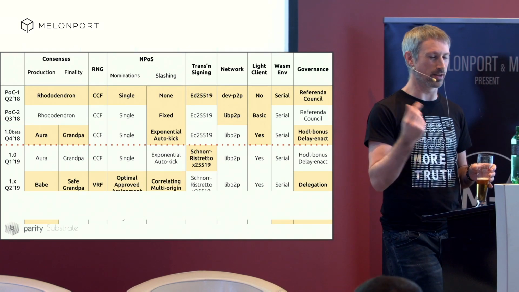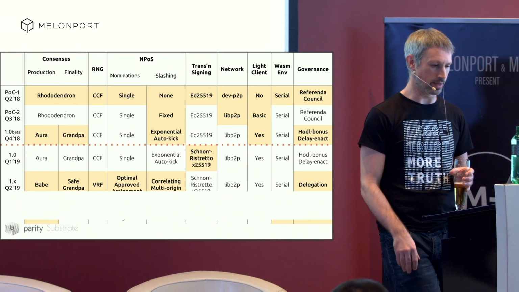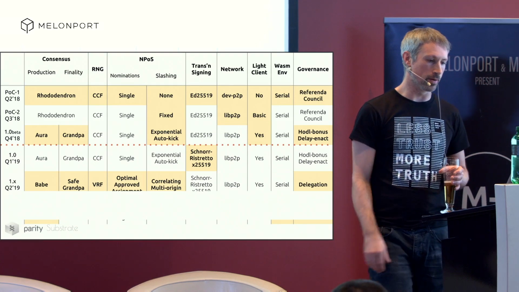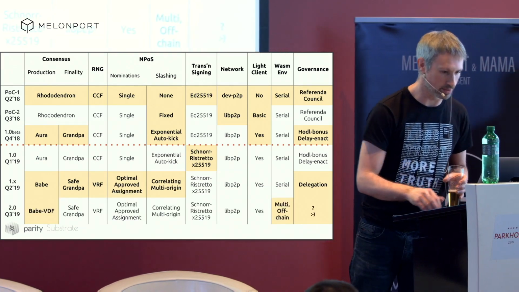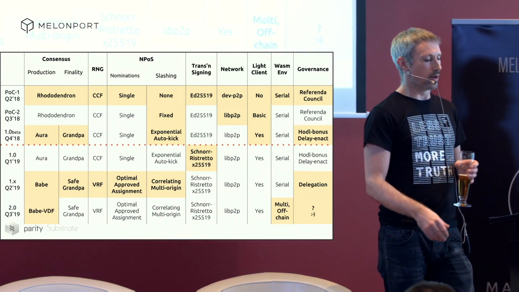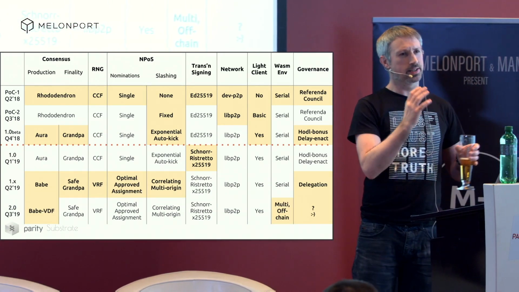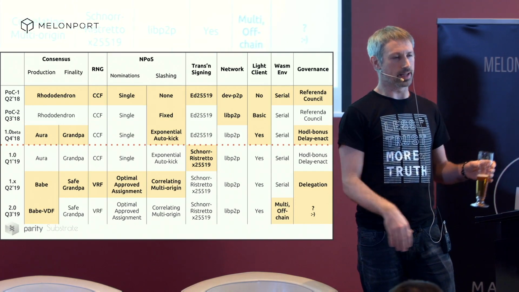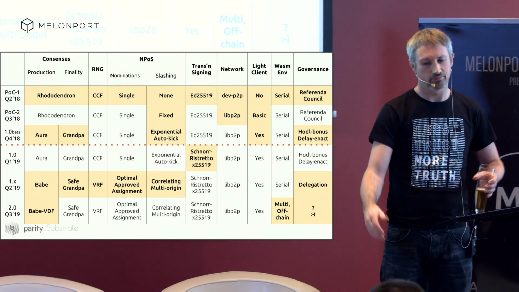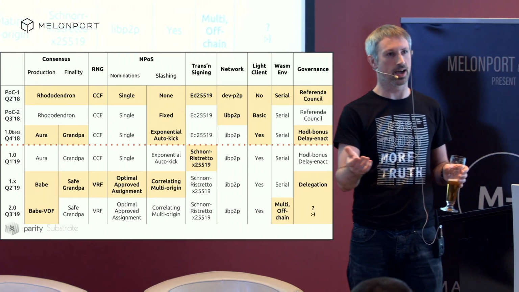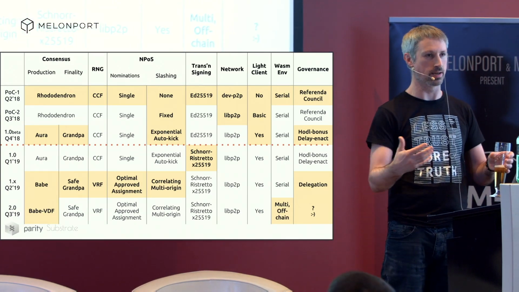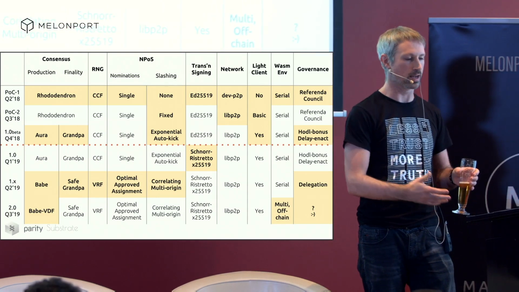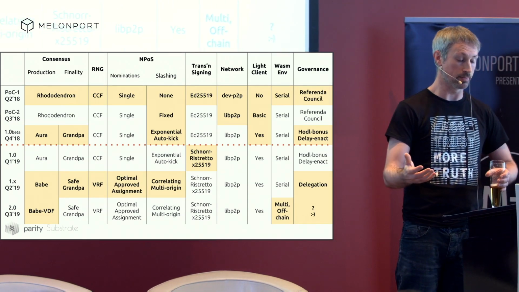That doesn't happen if you can only name one very easily. So instead, we've got this idea of approval voting, the approved bit of optimal approved assignment. What this means is you basically approve of a number of the validators, and maybe there's going to be 1,500 validators all with their hands out, saying, hey, I'd like you to nominate me. I'd like some of your funds to back me, so I'll be more likely to actually be chosen as a